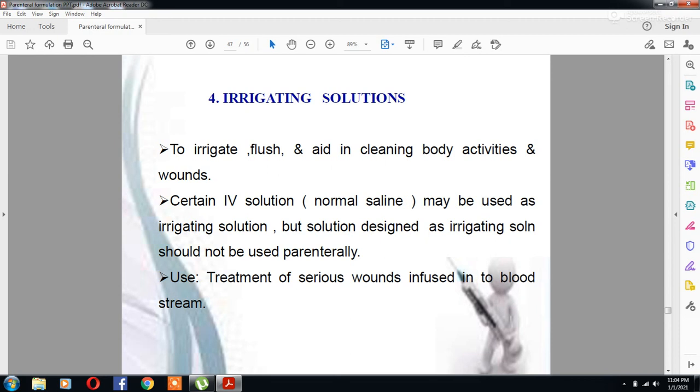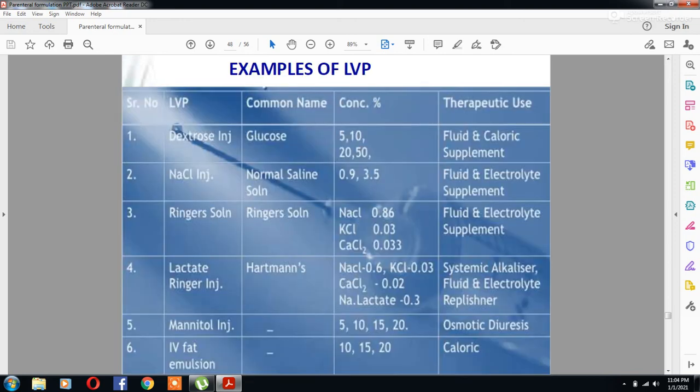The fourth one is irrigating solutions, used to irrigate, flush, and aid in cleaning body cavities and wounds. Certain IV solutions, like normal saline, may be used as irrigating solution, but a solution designed as an irrigating solution shouldn't be used parenterally. The use is treatment of serious wounds, not infused into the bloodstream. So these are the common examples of